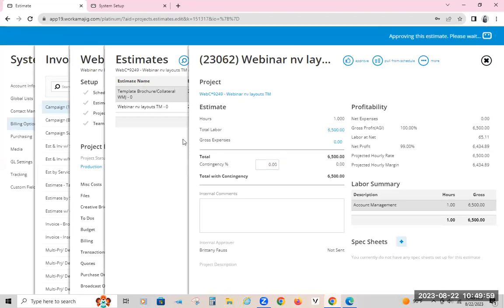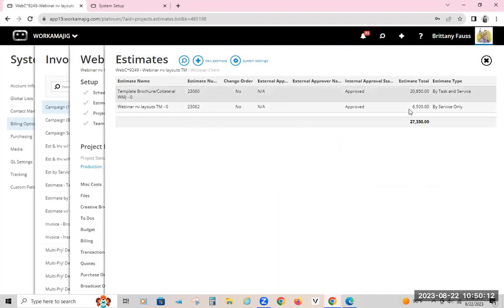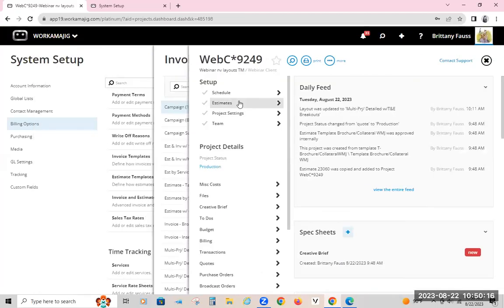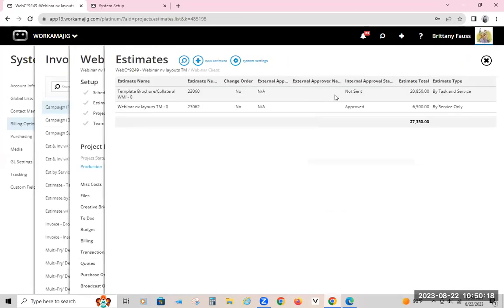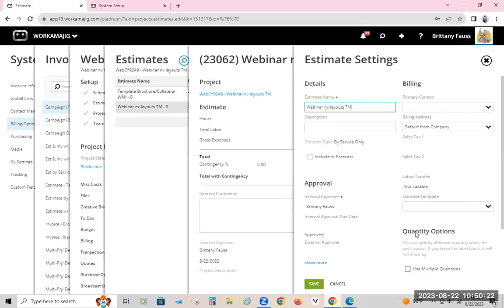Because if I just do one line when I create the invoice, or whether I have, I'd probably do, so I have that one in there. Hold on, let me unapprove this one. So when I go in and create or print out that estimate, sorry, let me see which one we have